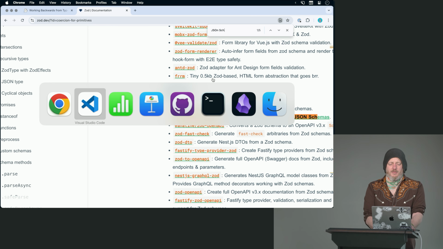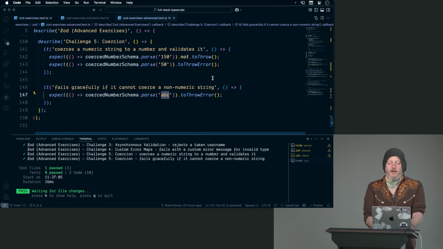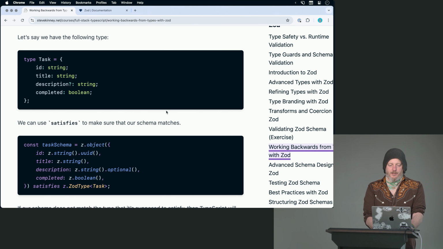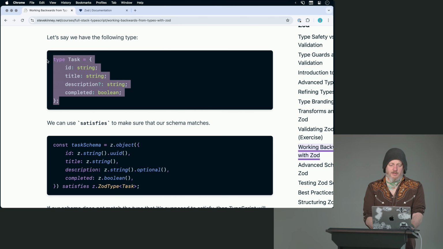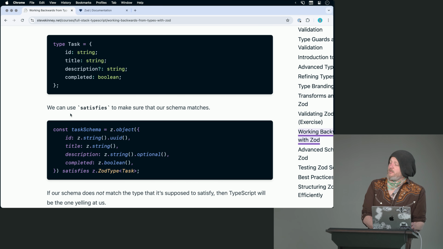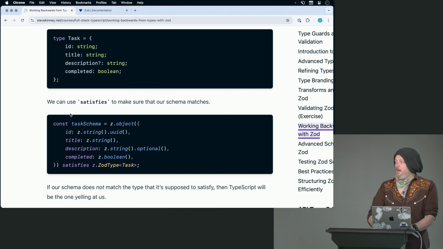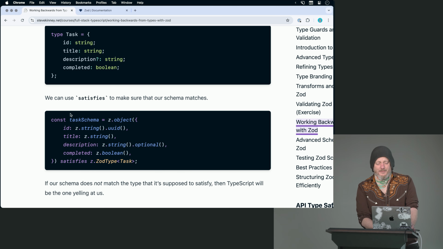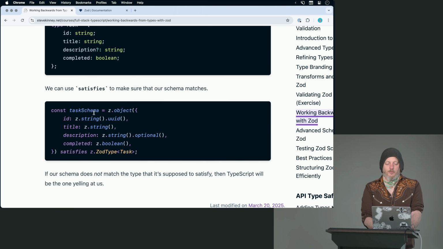The other thing that I promised to answer is what happens if you start out with the type. I opened that page earlier. So let's say I had the type and I'm trying to write a Zod schema that matches that type. There might be a better way to do it. This is my trick that I think I invented. Unclear if I actually invented it or if other people use it or if there's a better way to do it, but this is what I do, which is you can write the schema and then you can say satisfies